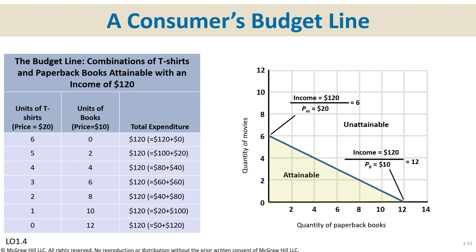Now, as you can see, if you wanted to do nothing but buy t-shirts, you could only get 6. If you wanted to buy nothing but books, you can get 12. The trade-off comes in if you decide you only want 11 books but 1 t-shirt. The ratio doesn't work in your favor. If you want a t-shirt, you have to give up 2 books. And there's your trade-off. In this instance, a t-shirt is worth 2 books.